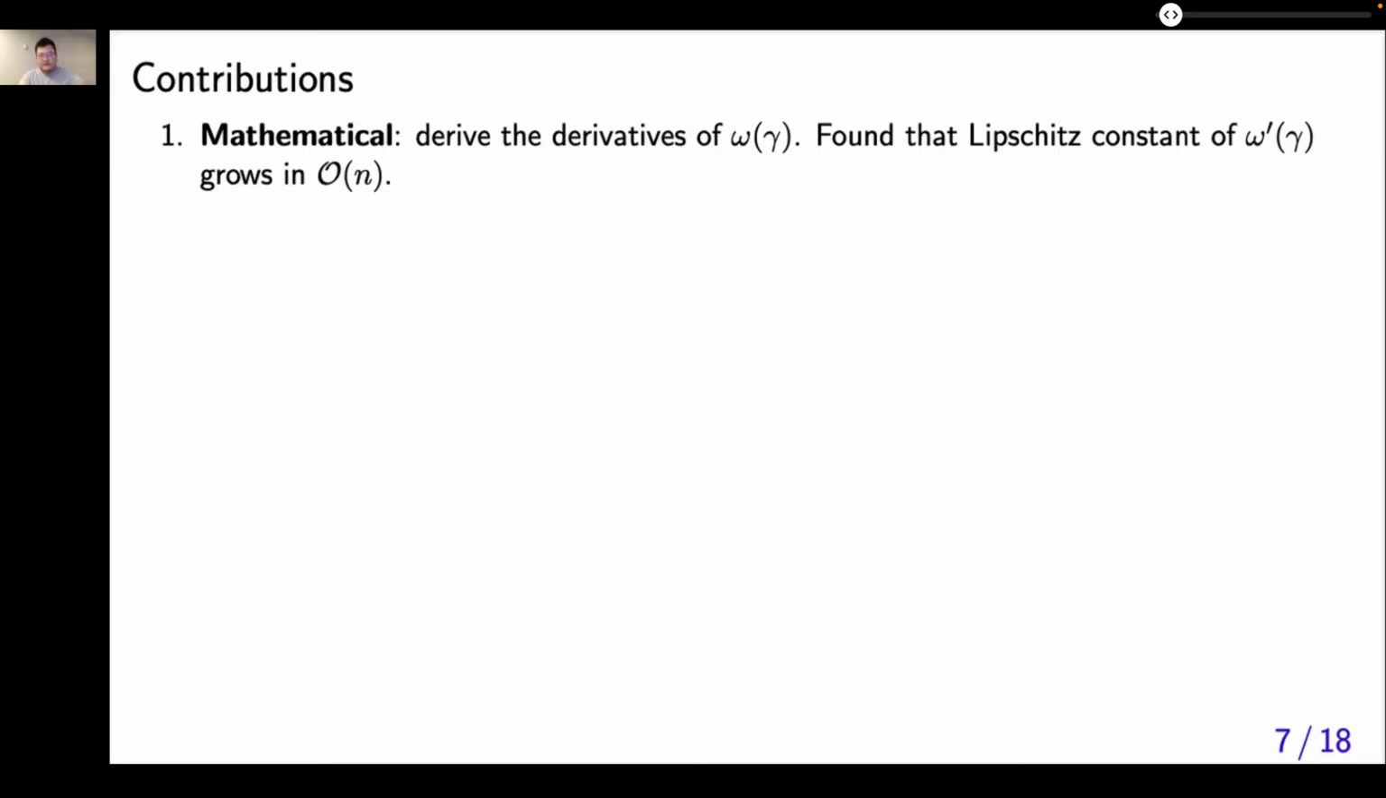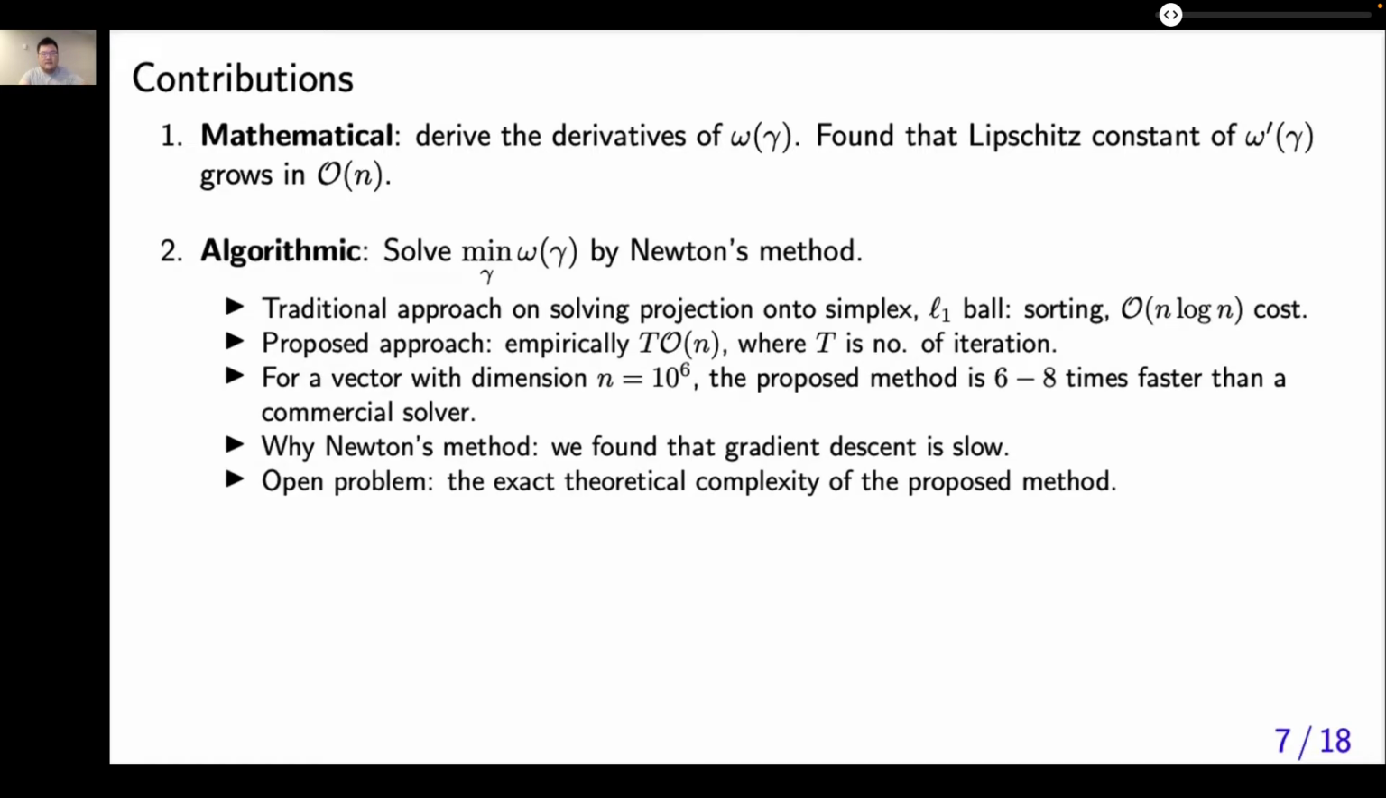So that's the contribution. Mathematically, we derive the derivative of this omega function, which is not trivial. And we found that the Lipschitz constant of this omega prime, that means the gradient, grows linearly as O(n). And then algorithmically, we solve this problem 5 by Newton's method. As we said before,